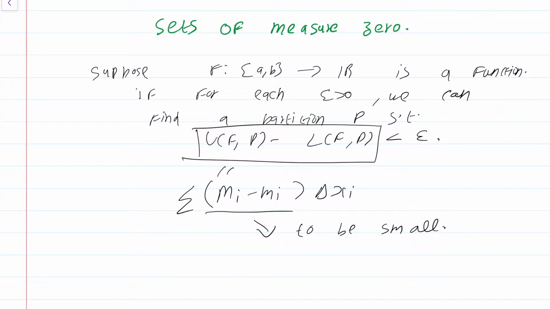Now, we want to see whether there are other functions apart from continuous functions that are Riemann integrable. In other words, functions for which this variation capital Mi minus small mi is not too large. What we are going to see eventually in the next few modules is that the precise condition under which f would be integrable is if the set of discontinuities, or in other words the set of points where the oscillation of the function f is greater than 0, is small. Then the function will be Riemann integrable. So let me write that down.